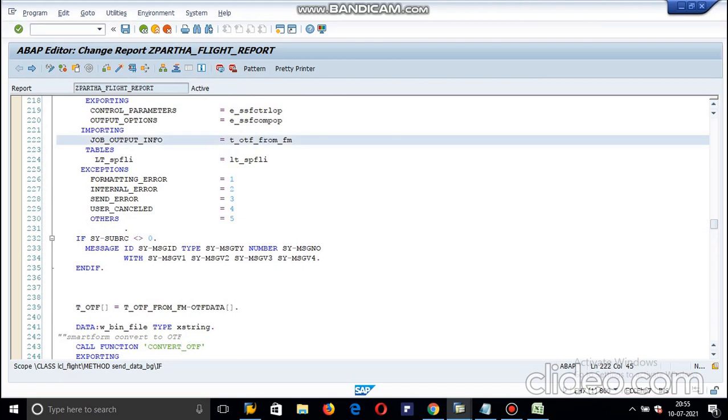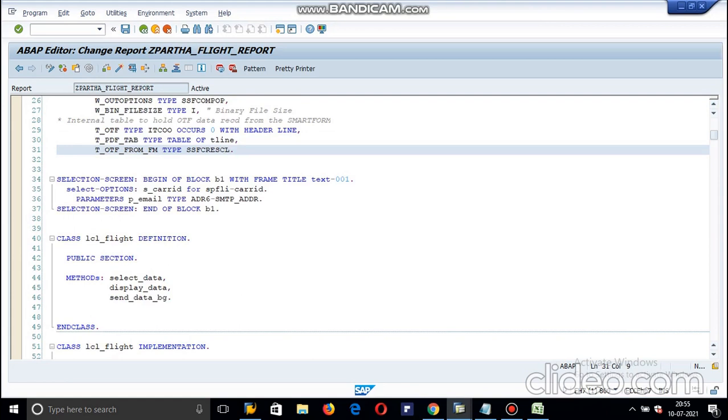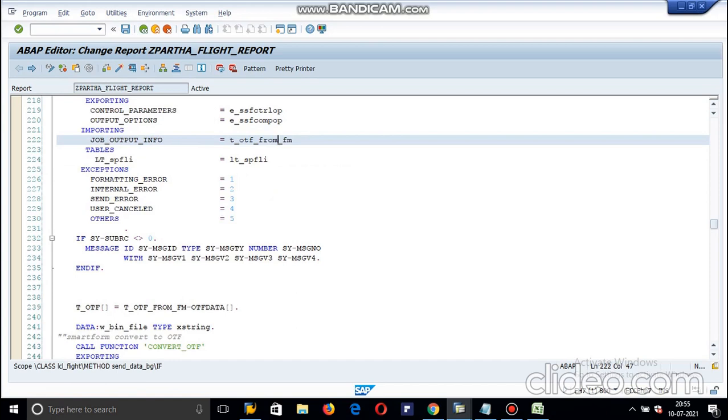One minute, I'll just show you. This is a particular structure, a particular type you have to check. If we don't check that, it will throw an error. In function modules, one important thing is that if we don't pass the same structure or same data type for whatever importing and exporting parameters there are, it will throw a runtime error, because it doesn't understand the variables or tables being passed that are not matching.